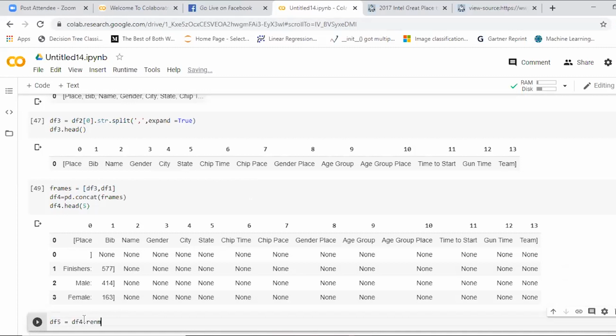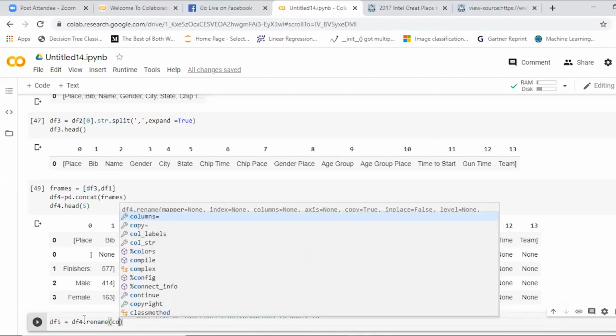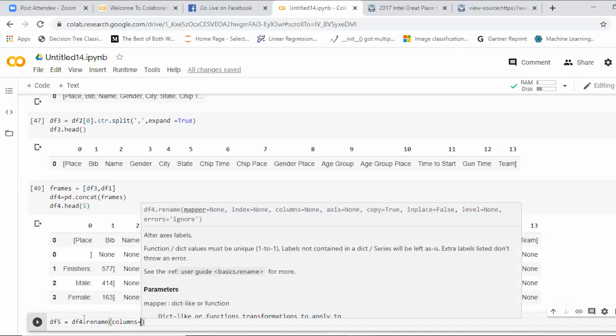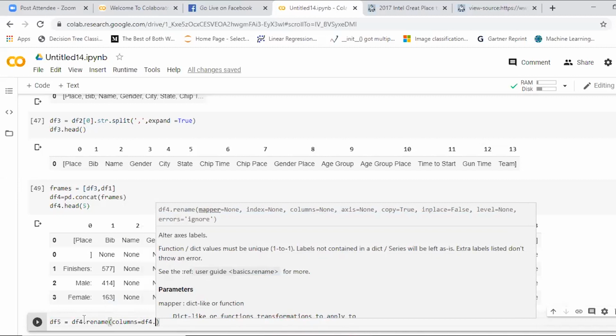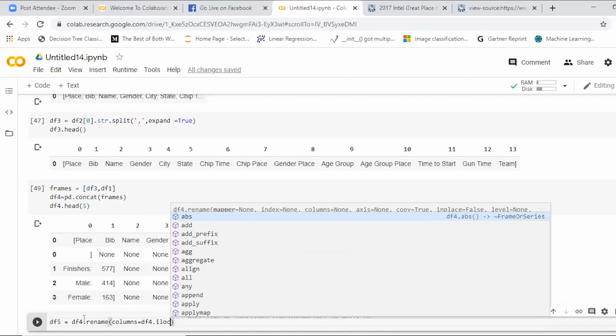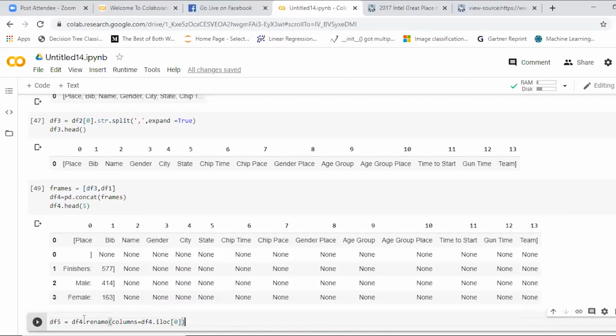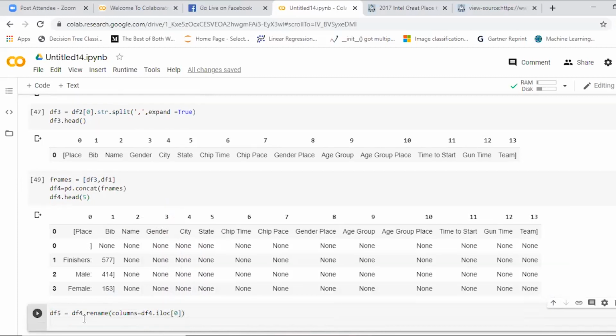df4 dot rename of what I want to rename, my columns. You can get the suggestion over there. columns is equal to df4 dot iloc of 0, because I'm locating the first index.